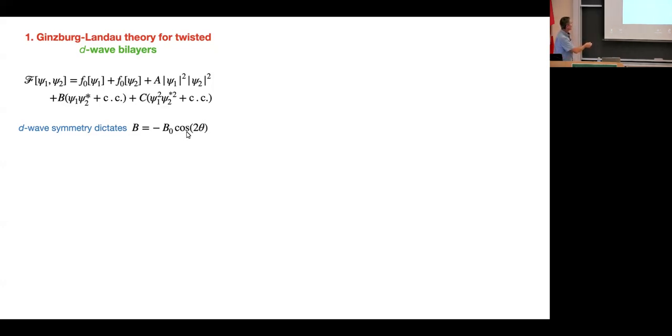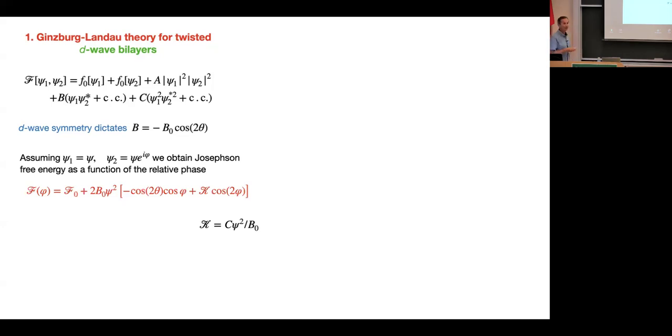The only thing one has to remember is that because these are D-wave order parameters, that places a constraint on this coefficient B, namely, it depends on the twist angle theta in this fashion. Namely, it expresses this fact that when you rotate one orbital by 90 degrees, it changes sign. And that's reflected directly in this angular dependence of the coefficient B. Namely, at 45-degree twist, it has to vanish. And that's a symmetry statement that's non-negotiable.